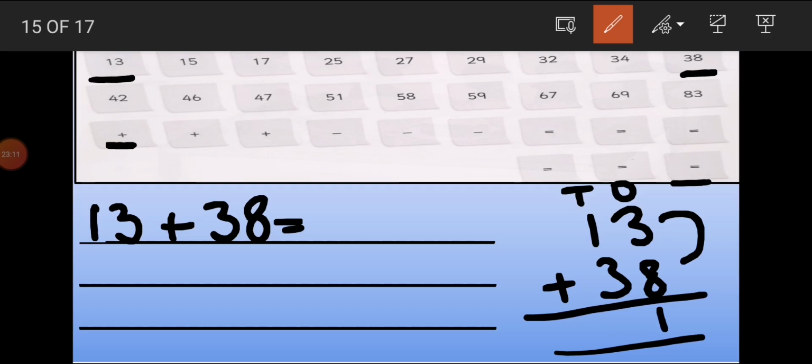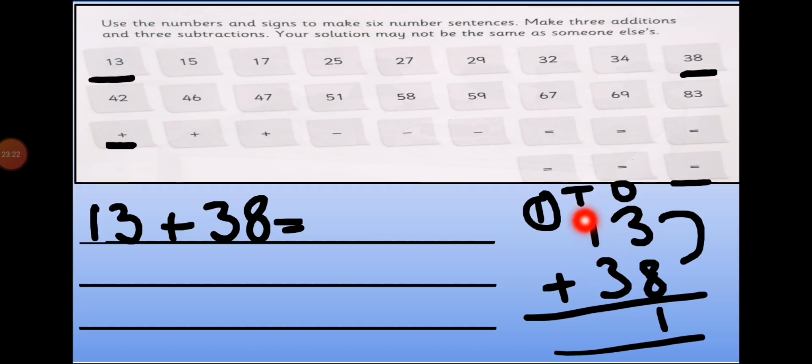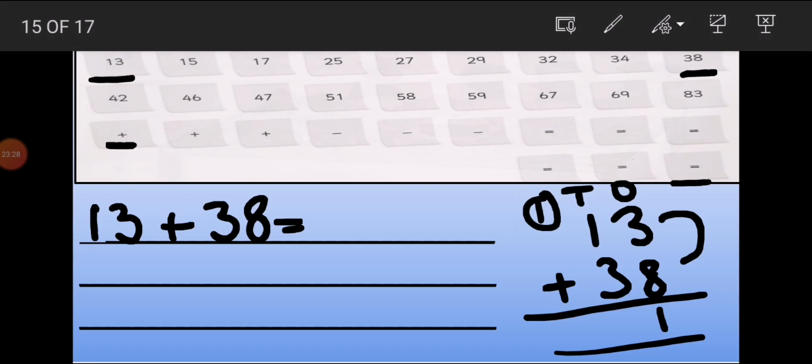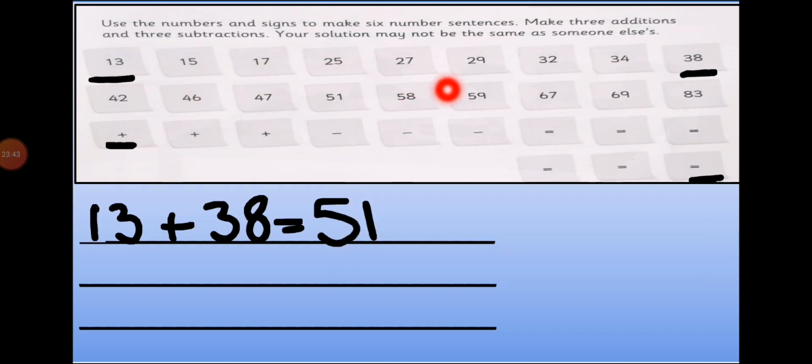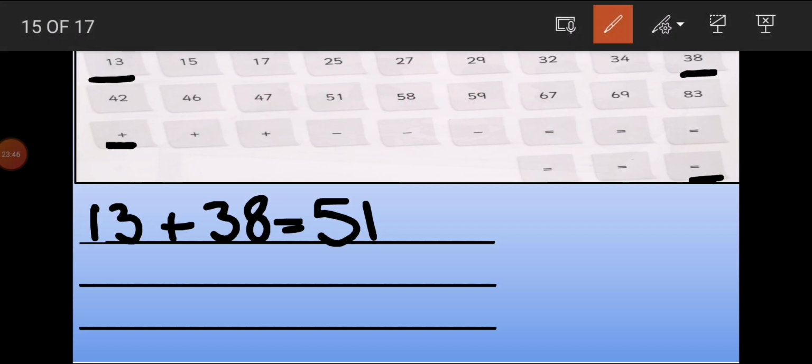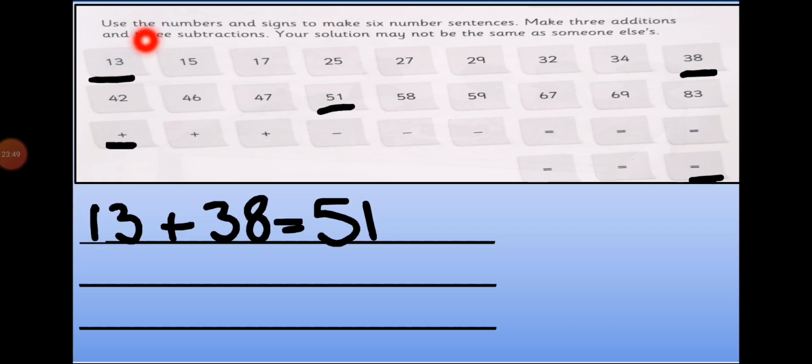In 11, 1 is ones and 1 is ten. And we give 1 ten as a carry to the tens place. So now add the tens, the second step of addition. 1 plus 3, answer is 4. Now add the carry ten. 4 plus 1, answer is 5. So our answer is 51 here. 51 done. Now you can see we get the 51 from the list. Yes, here's the 51. When we add 13 with 38, we get 51 here.